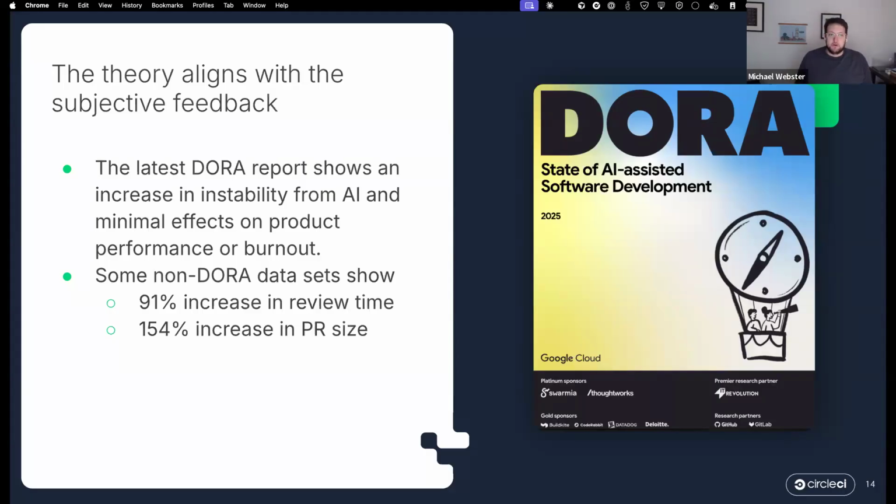There are other data sets that show that when teams use AI-assisted coding, their review times actually go up. Part of that is due to an increase in size. Several open source projects have mandated AI disclosure policies for PRs because suddenly they were getting 1,000-line PRs out of nowhere, clearly AI assisted, not always that great. And those PRs take a very long time to review. So what we would expect to happen seems to be lining up with what's happening in the real world, and I think that creates a problem for all of us, because even if we can make the code faster, if we can't get the results, then what's the point?